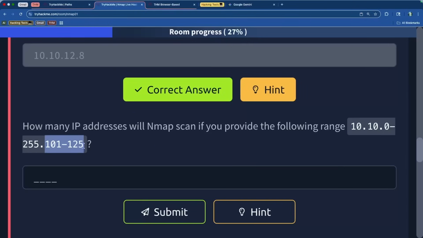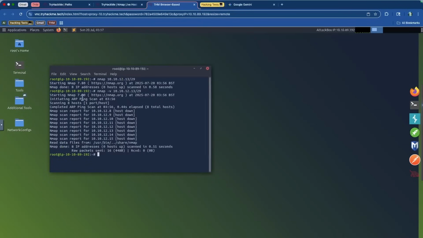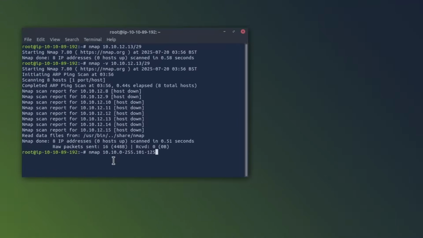And then it goes from 101 to 125. So it includes 101 and it includes 125. So this doesn't make sense actually, because this part is kind of confusing to me. This piece right here is confusing to me. So let's go over here and just do Nmap and see what the result would be, because that's the piece that's a little bit